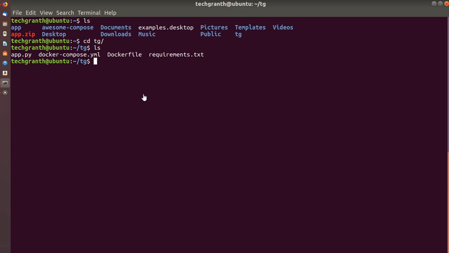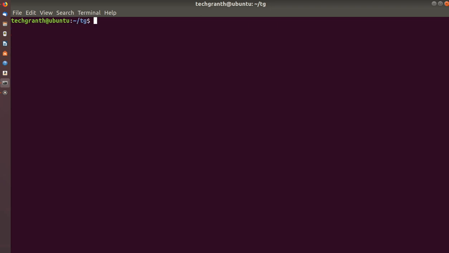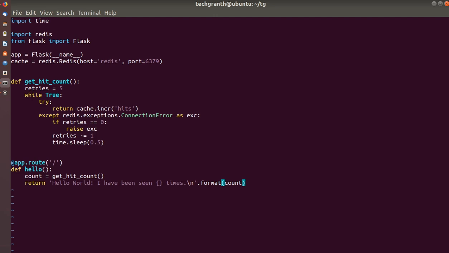So first of all, let me give you a look at app.py. Let me just clear my screen and open it with vim. Okay, you can see this is a Python script.